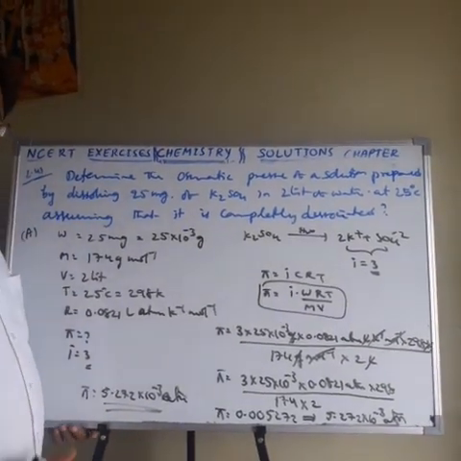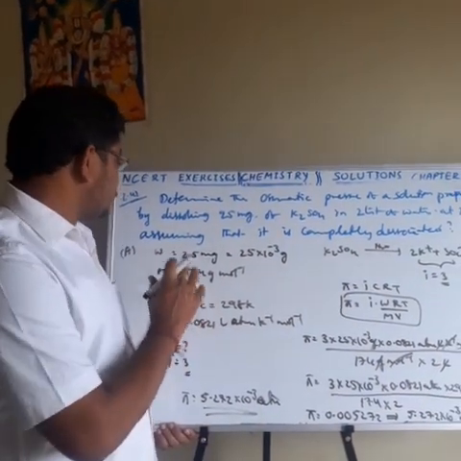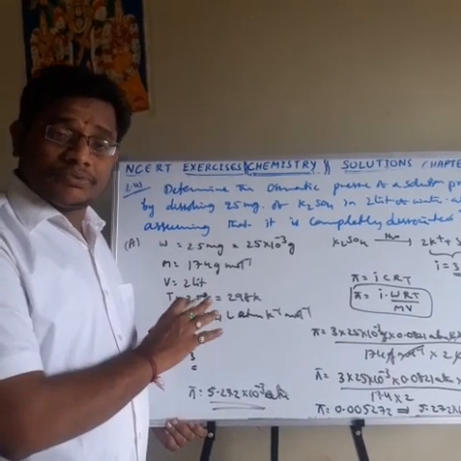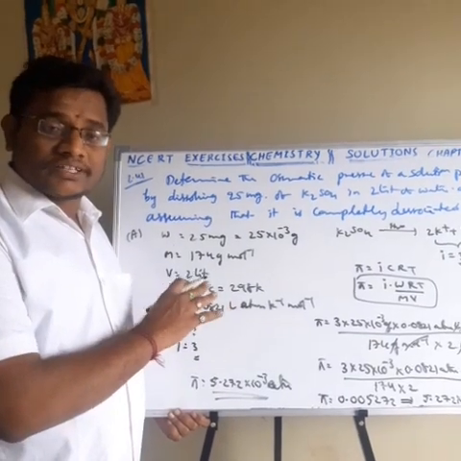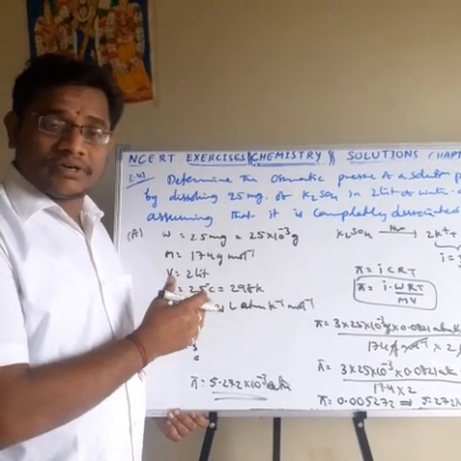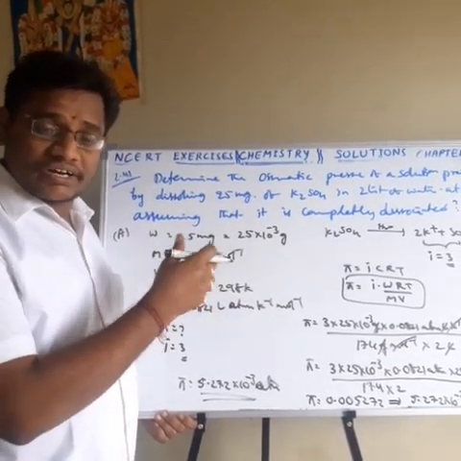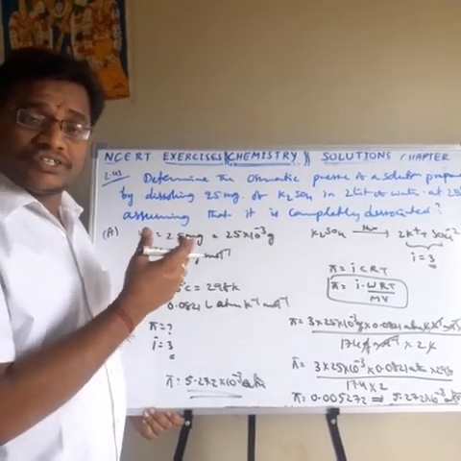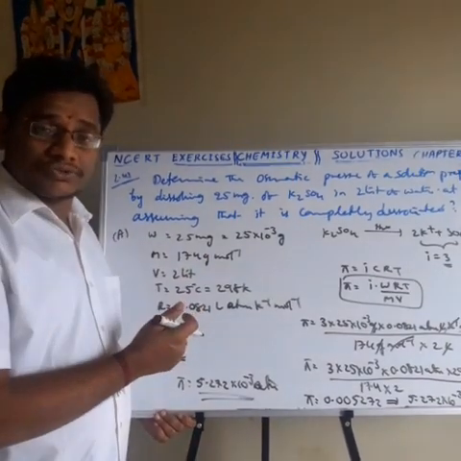So this is about the solution chapter exercise problems, up to 41 questions completed. This solution chapter is explained completely at textbook NCERT level and competitive level also. Then remaining are competitive problems. For competitive level, I gave the formulas for how to solve the problems. Once you check and revise the important formulas for this chapter, it is easy to solve the problems. So once again, practice up to 41 questions today. That's all.